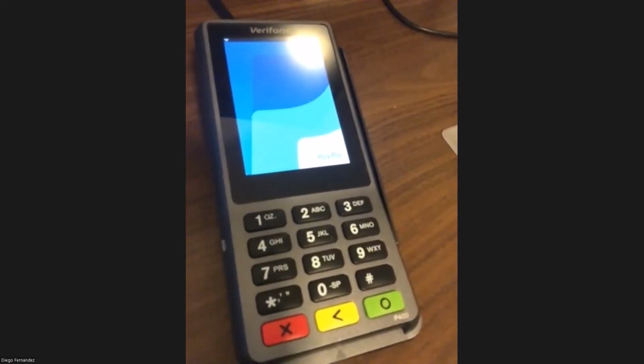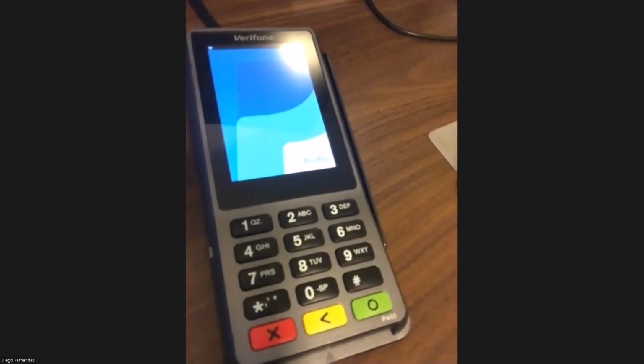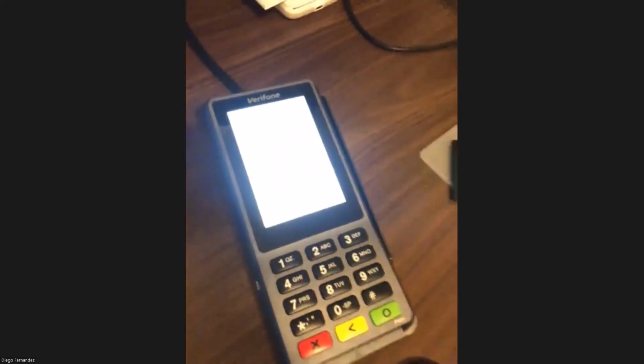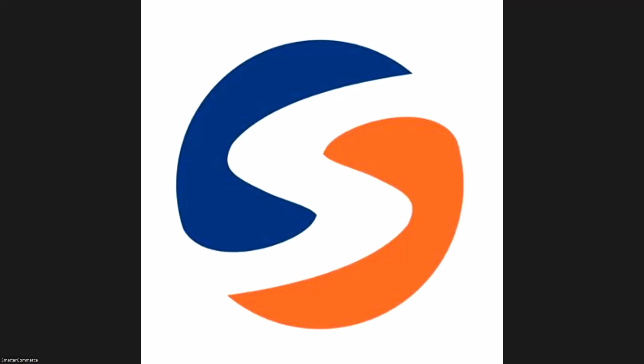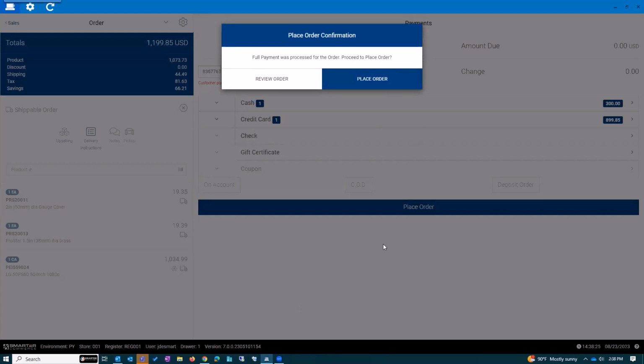Yep. Okay, so here we have an integrated Verifone device, and I'm going to go ahead and click on the point of sale to charge the remaining balance with a credit card. It immediately prompts, and then I have a test card here that I'm going to use, and that will go ahead and authorize and process the transaction. And once approved, that returns back to the point of sale, and then let me just go ahead and reshare my point of sale here. And immediately it goes ahead and processes that transaction because I swiped the card, and it's ready for placement of